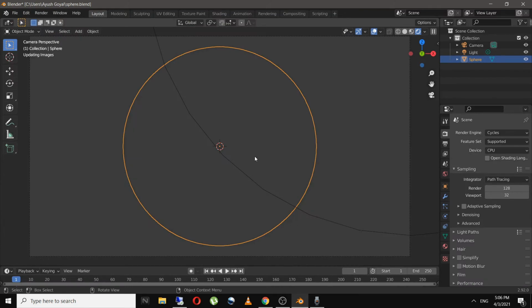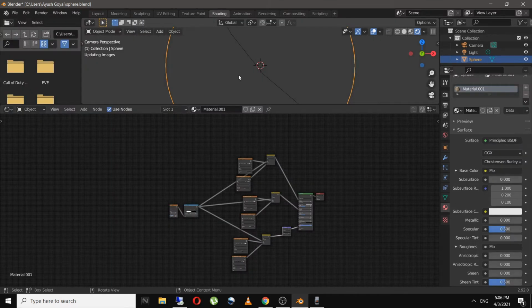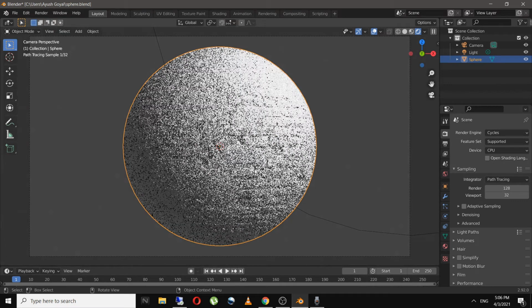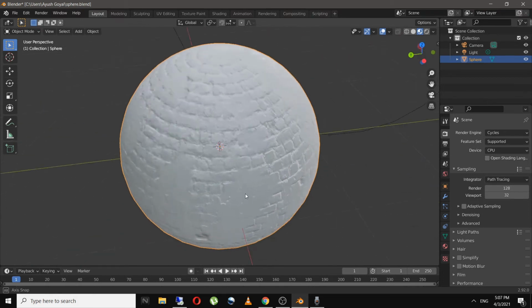So as you can see, we have the plaster and the bricks perfectly aligned with each other. And to see the effect, I'll just disconnect the base node, and in layout, we can see the effect. So as you can see, the plaster has the plaster roughness and normal, and the bricks have their roughness and their normals. So this worked out perfectly well.